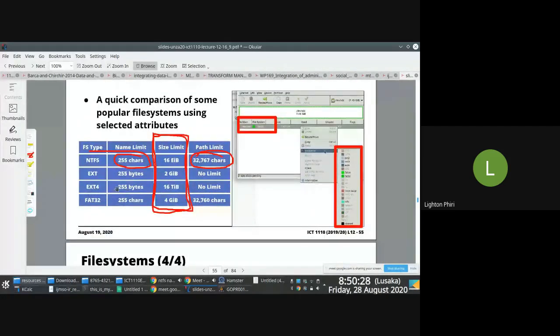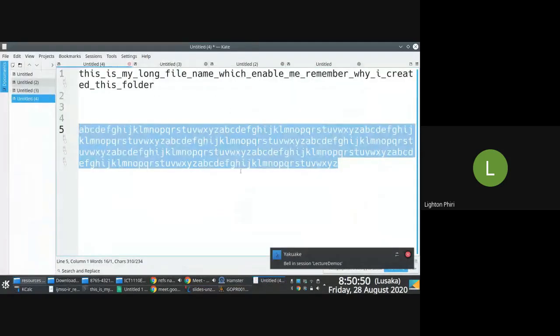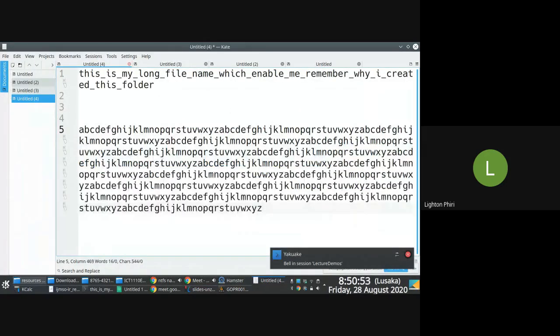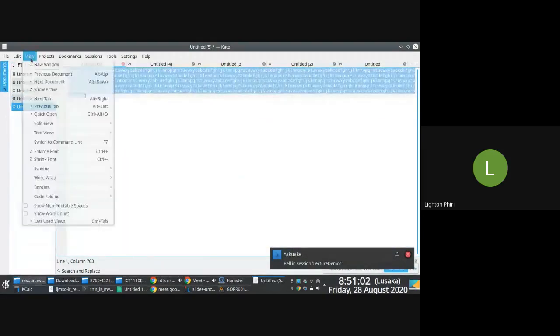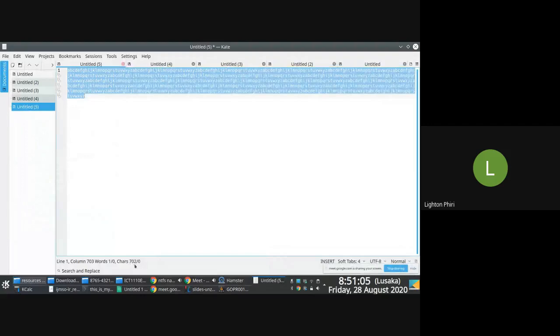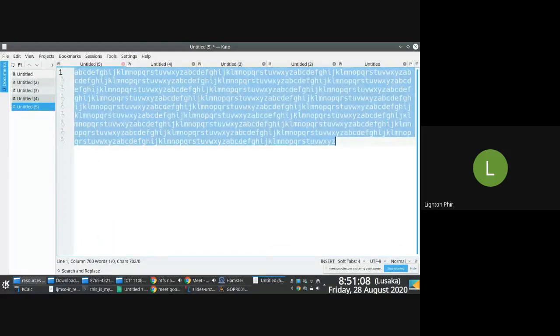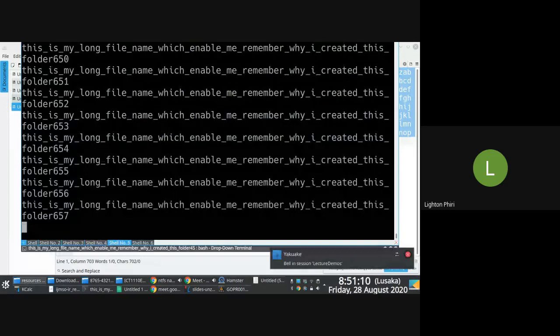What you immediately realize here is, here's an interesting thing. I did mention that one character is like 1 byte long. So if you are like one of those weird people who wants to create a folder with more characters, how many characters do we have here? View, word count, 702 characters, right? These 702 characters. If I try and create these 702 characters